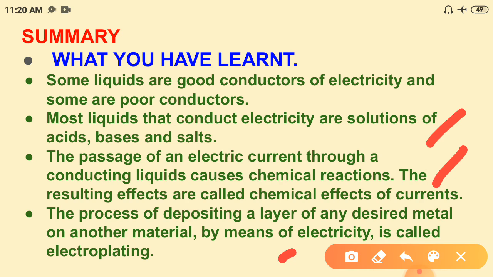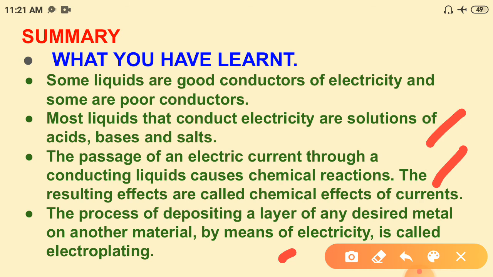So in this lesson we discussed once again the chemical effects of electric current. In the second activity we took two carbon rods with metal caps. The two metal caps are connected to the battery. The current passes through the metal caps, and we took a beaker and added salt, lemon juice and water. Gas bubbles are formed on the positive terminal of the carbon rods. So here a chemical reaction occurs. This is known as the chemical effects of electric current.